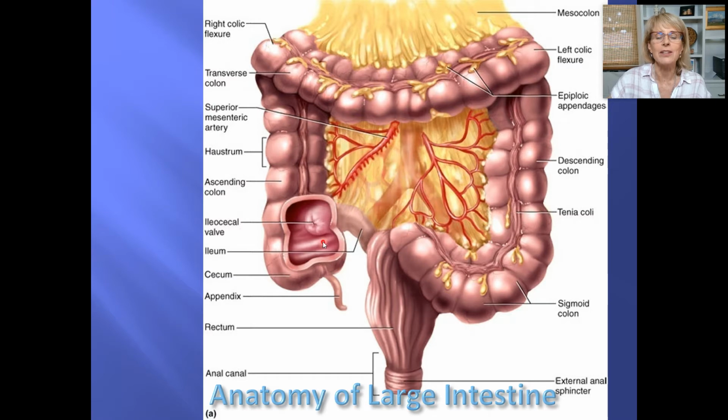So we feed the stuff that we cannot digest ourselves. It is going to end up going here into this thing called the large intestine. And here in the large intestine, the bacteria will use it and they'll grow and they will share a little bit of what they get from that food. They'll share it with us. So because of our colon, we can get a little bit of nutrition from the carbohydrates that we're unable to